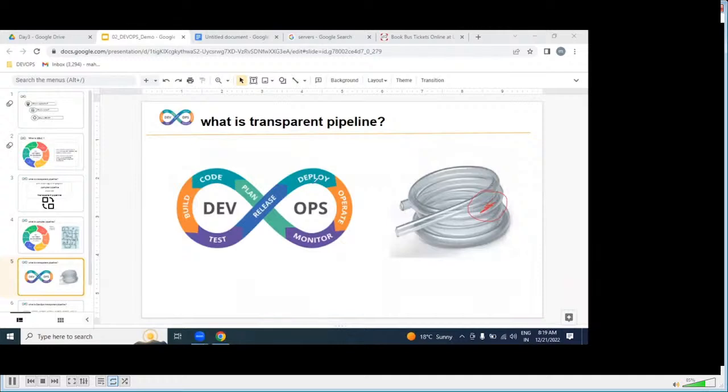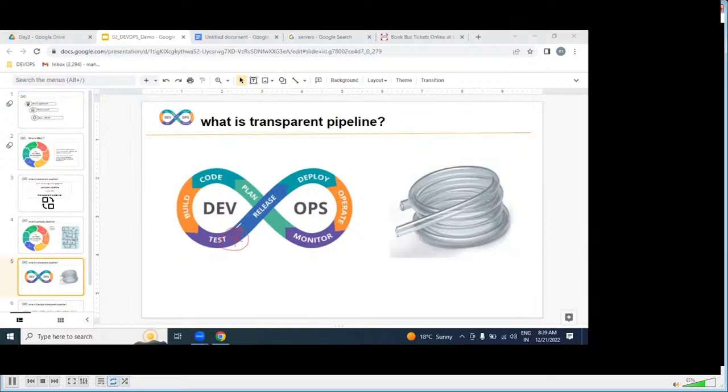The same way with DevOps. DevOps is an automated transparent pipeline. Due to this automation and transparency, if you get any issue in the middle, we can easily identify and rectify our problems as soon as possible.